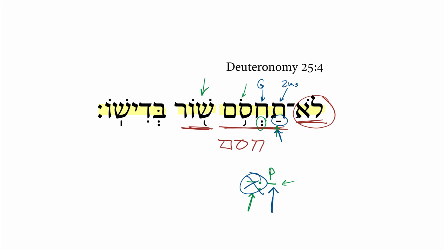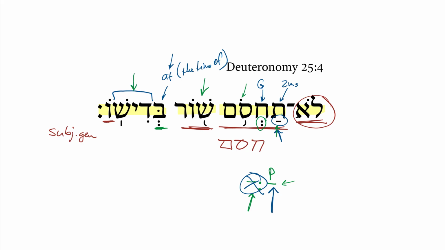And then we get this standard construction of a temporal clause. So we get the bet preposition, then we get the infinitive construct, followed by the pronominal suffix that serves as what I call the subjective genitive. So what we get in this case is something like at, and I would say at the time of, so this becomes a temporal at